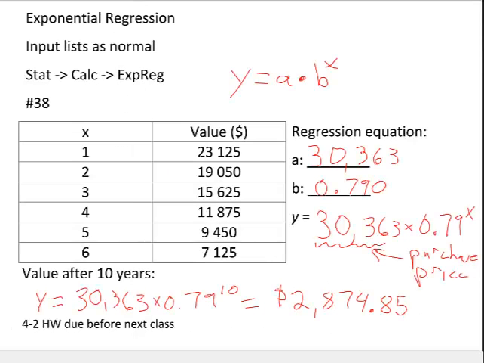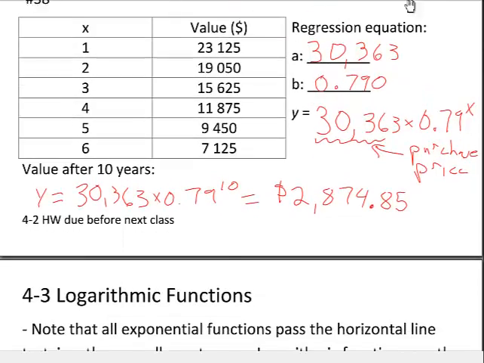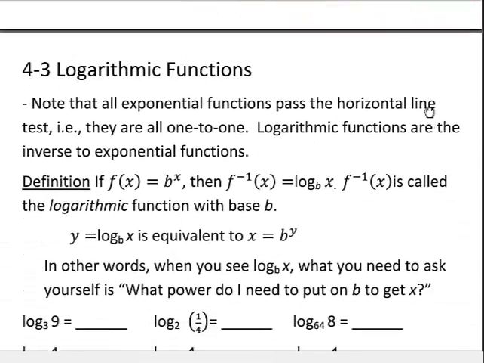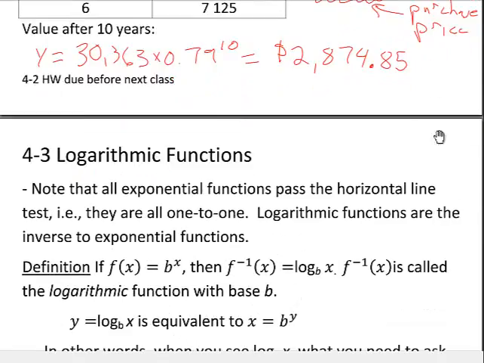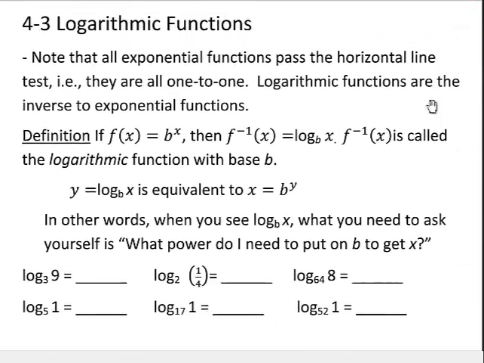Okay? So that was 4.2. Next up is going to be section 4.3, logarithmic functions. Try to get the 4.2 done. Ask any questions you have in class. See me in my office,